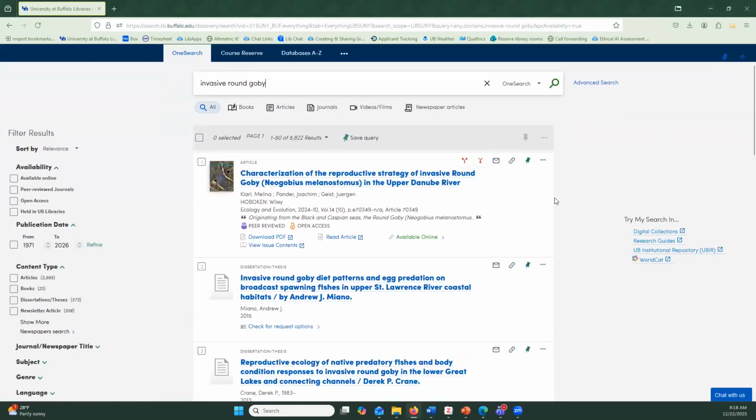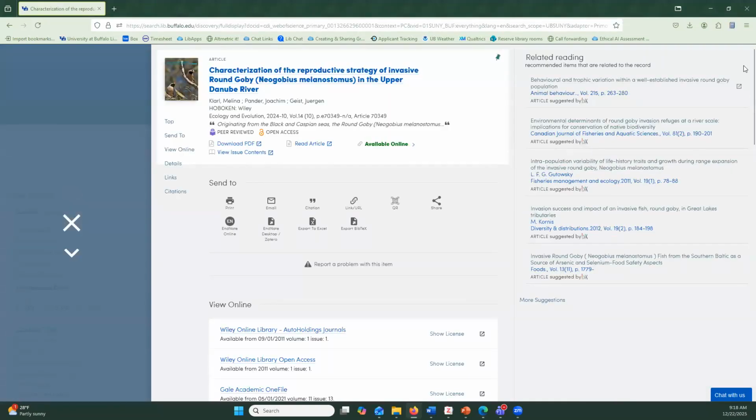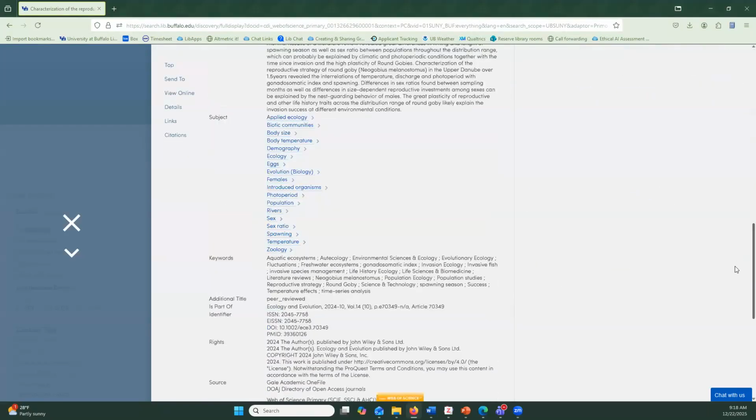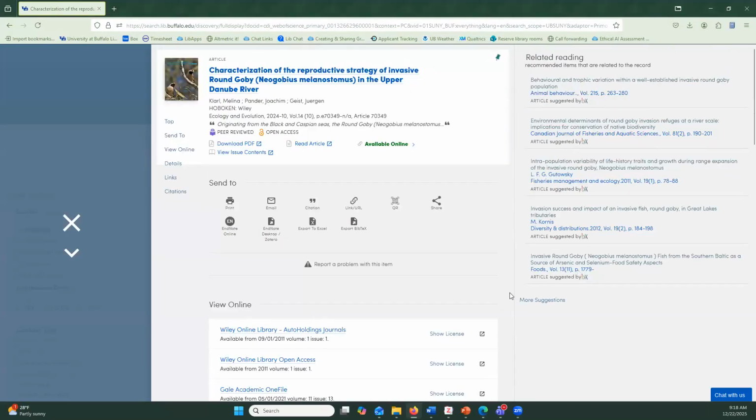Now, let's say I wanted to add this first article to my library. I'm going to click on the title, and this will open the record page for the article. But if I scroll down, I'll see that the full text isn't actually here. This is just information about the article. Now, I could add it to Zotero at this point, but it's not a guarantee that I will get the full text PDF if I do that. So I usually recommend waiting until you're actually on the article page.